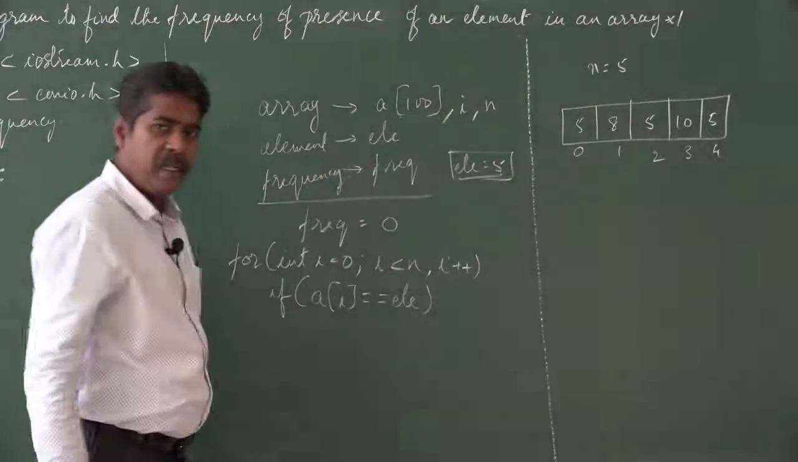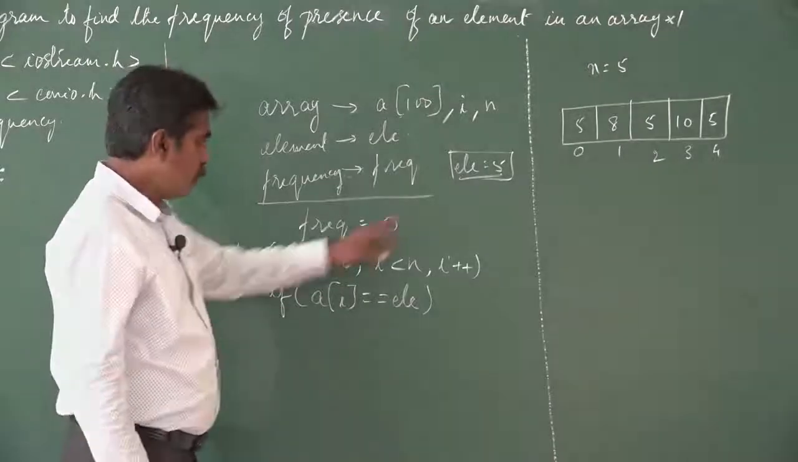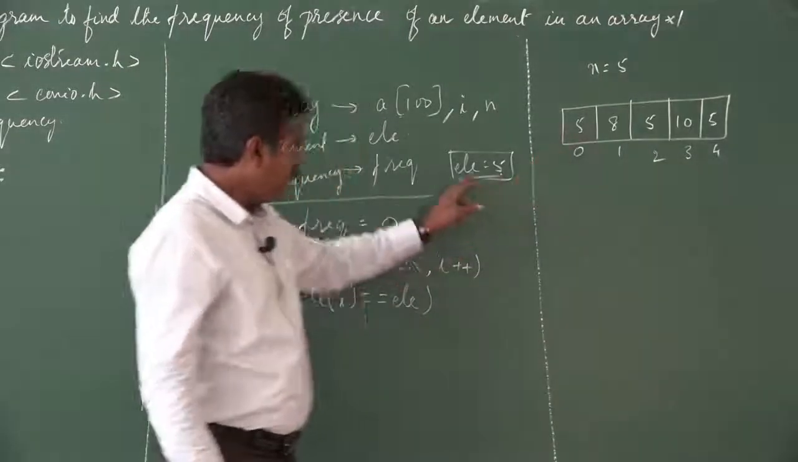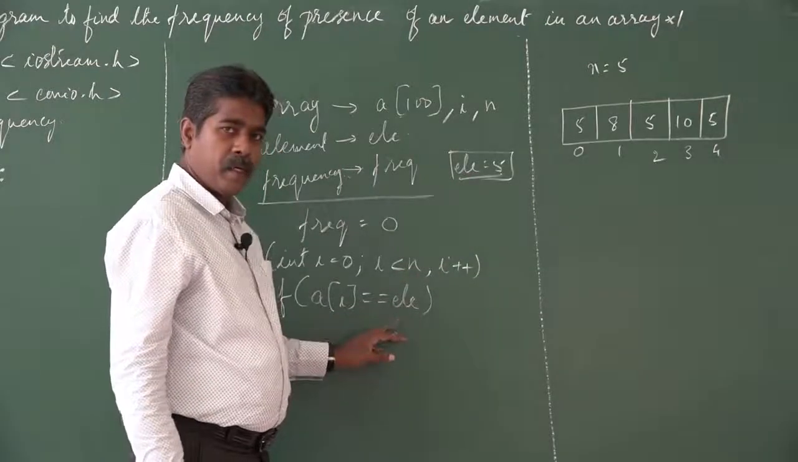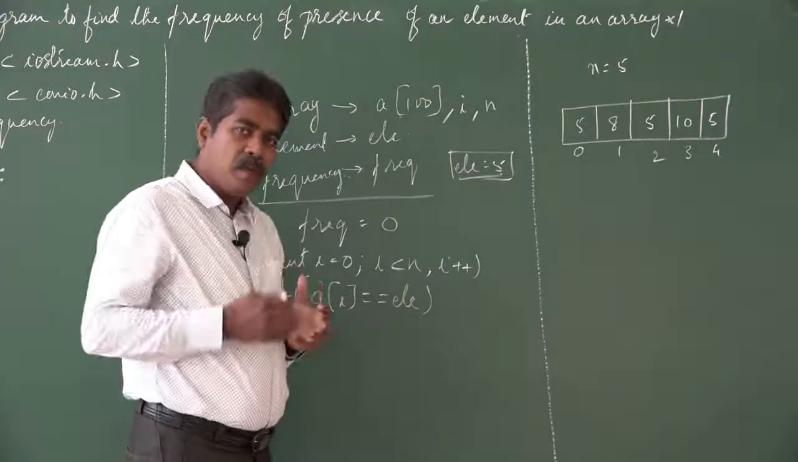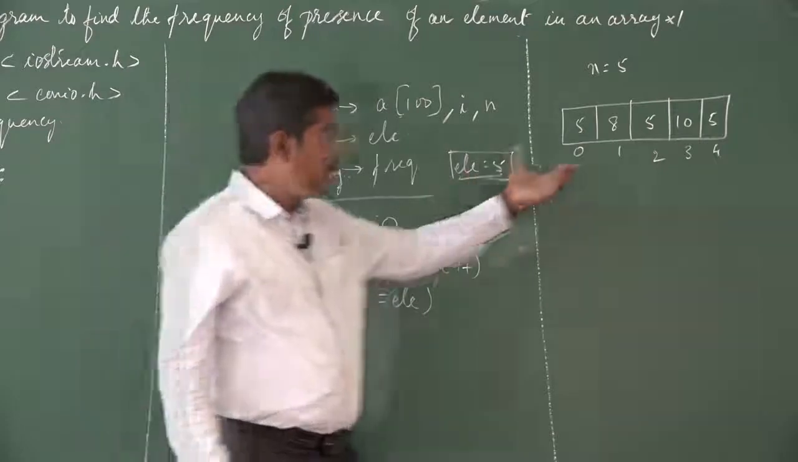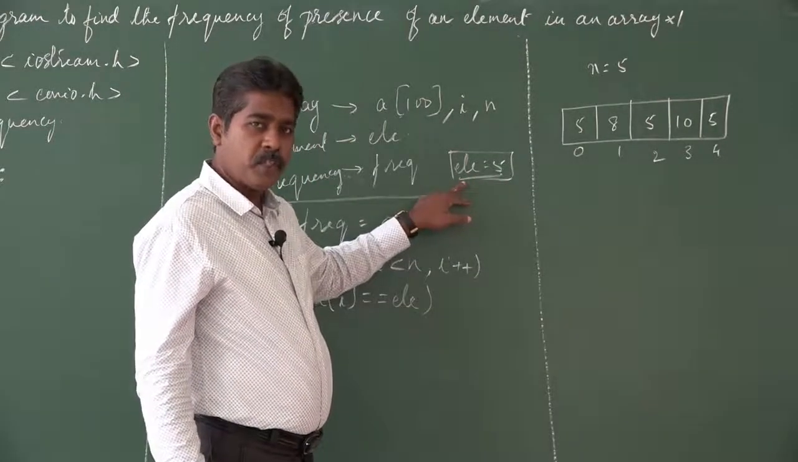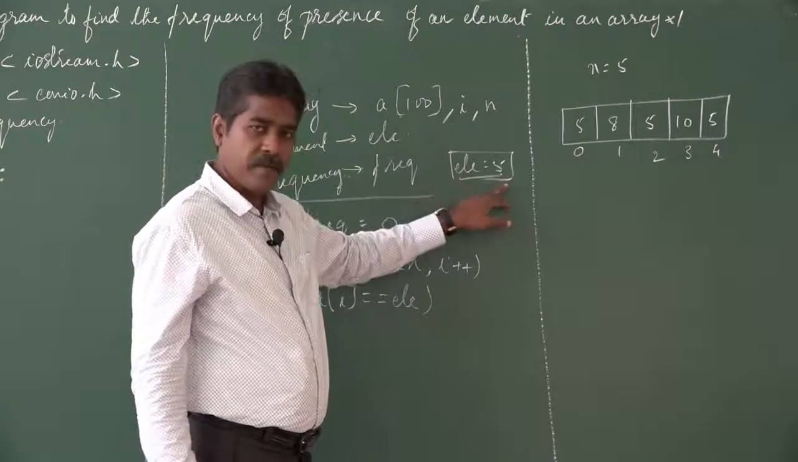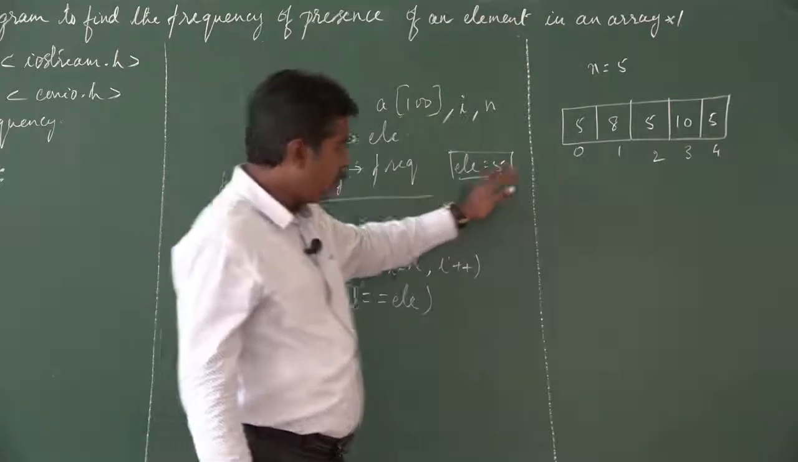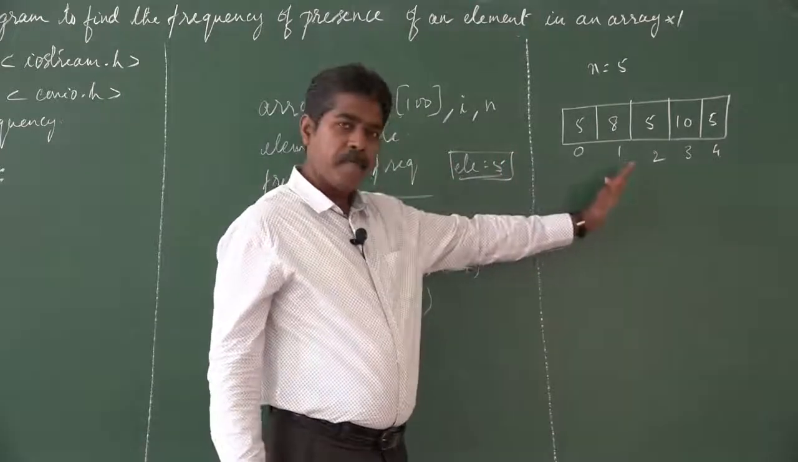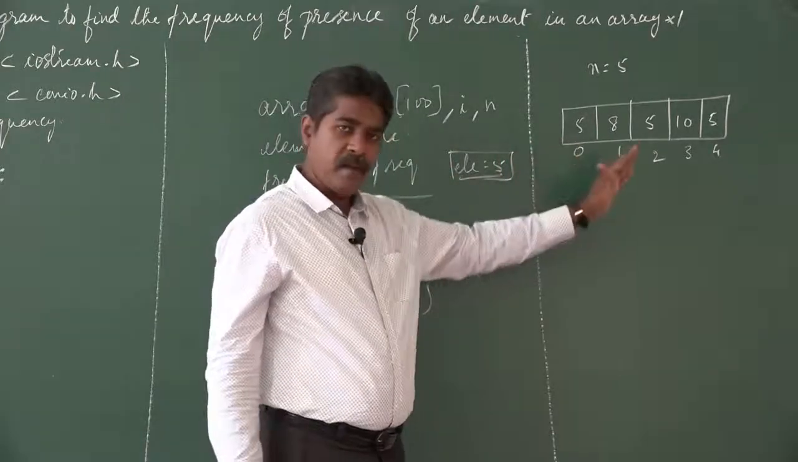Let us consider ELE as 5. Then A of 0 is 5, and ELE is also 5. Once again, I would like to re-emphasize, we have taken an array, and we have taken the element to be searched, ELE, as 5. And when we have taken this array, we go through this array from the beginning till the end, which we call